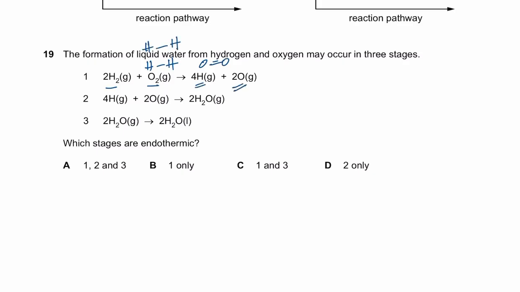So what has happened is you had 2 hydrogen molecules, you've broken these bonds, and you had 1 O2 molecule, you've broken these bonds. So obviously this is endo. It's shown that 4 H's are here now and 2 O gaseous atoms are here, so that's endo. If you check this out, 4 H's and 2 O's combine together to give you H2O. Now since H's and O's are forming a bond together, that's why bond formation is exo, so that's not the